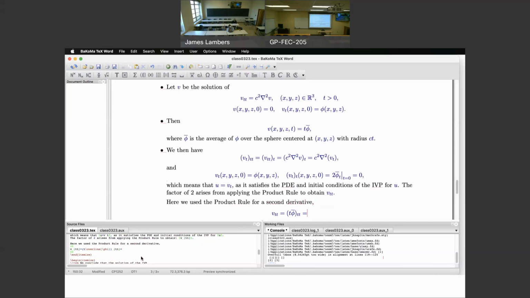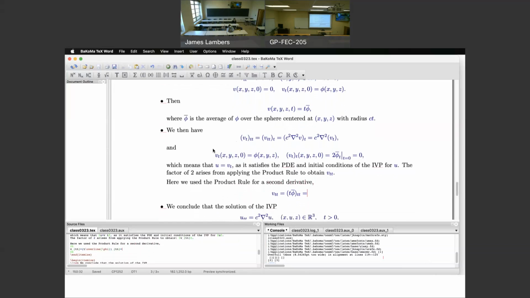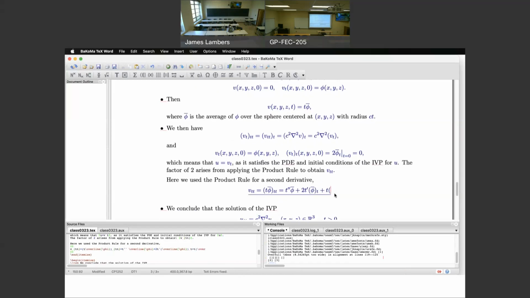I could apply the product rule twice, but it's helpful to know what the rule is for the second derivative directly. So that would be t double prime times the average of phi, plus 2 times the first derivative of t times the first derivative of the average of phi, plus t not differentiated at all times